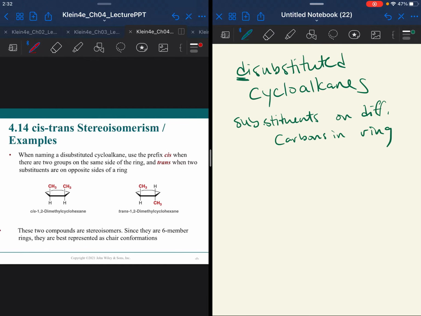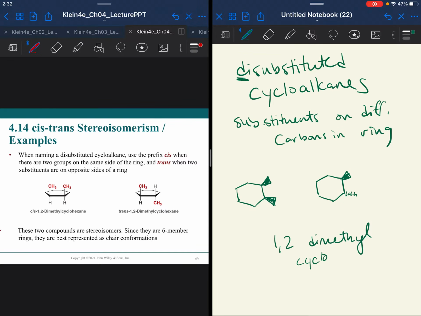There are 2 types of isomer that we're going to see that we haven't seen yet. They're not constitutional. They are connected the same. You see pictures of them with Haworth projections. Another way we could draw this would be like this. These are 1,2-dimethyl cyclohexane. Right? Both of these are